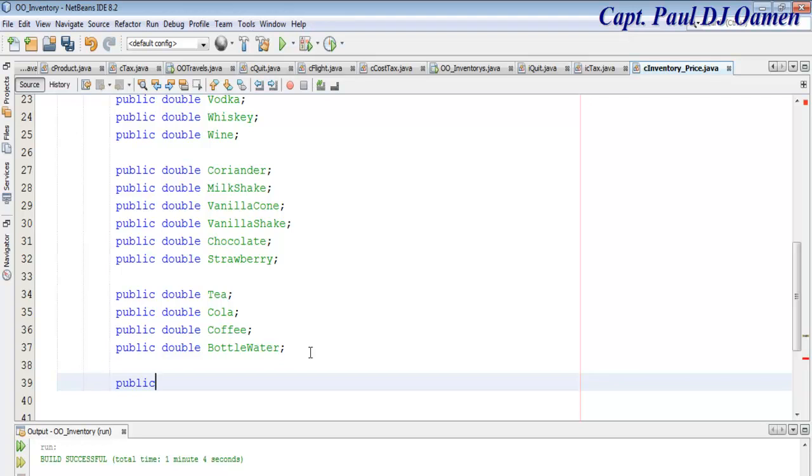to store the value of everything. Public, let's say item total. No, that's double as well. Is that in there? Right. Now